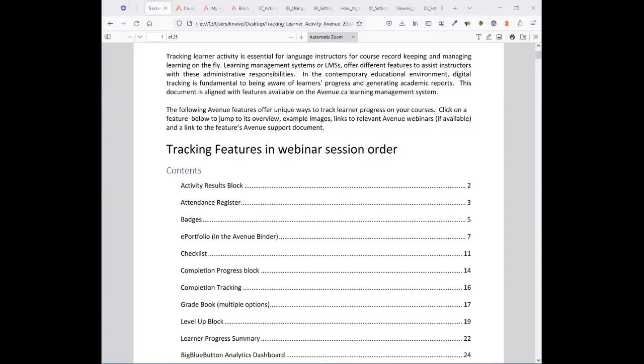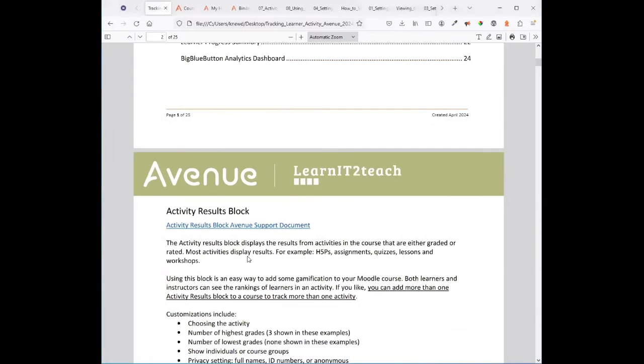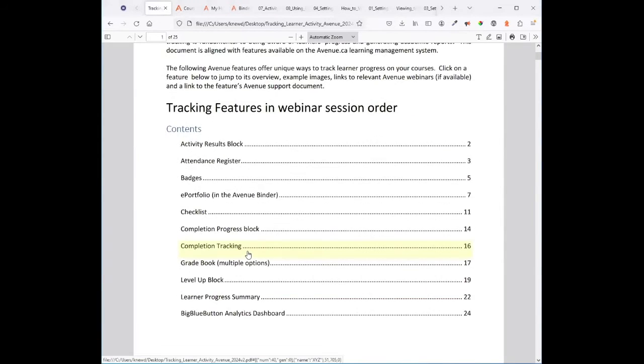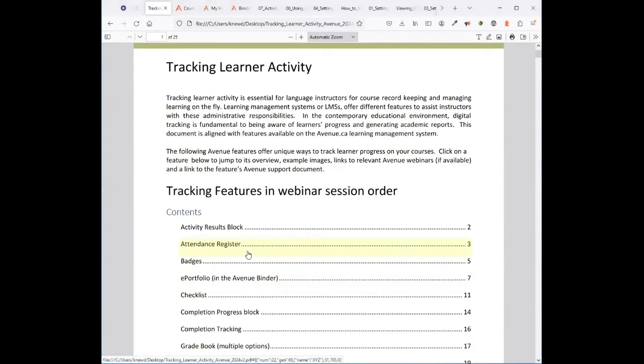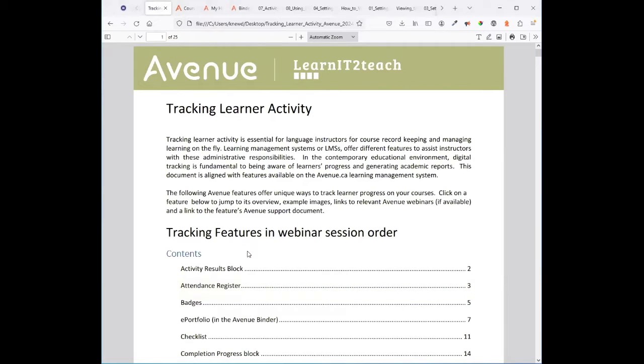All right. Okay, so here we go. On the handout, if you select any of the elements in the table of contents, it will take you to that element on the page. I'm hoping to have this updated and upgraded and shared out with the community when I share out the recording of this